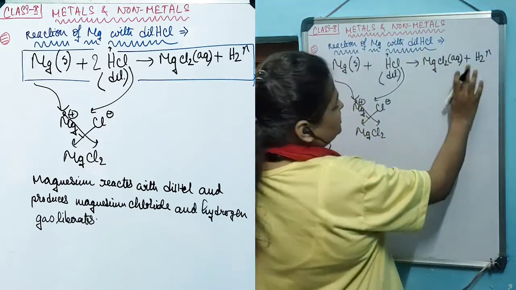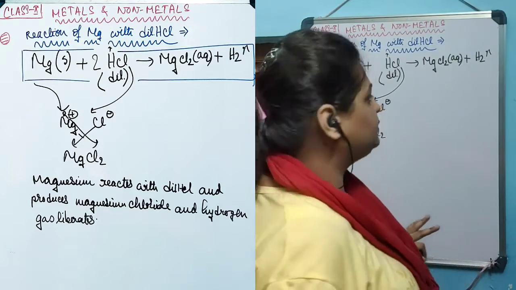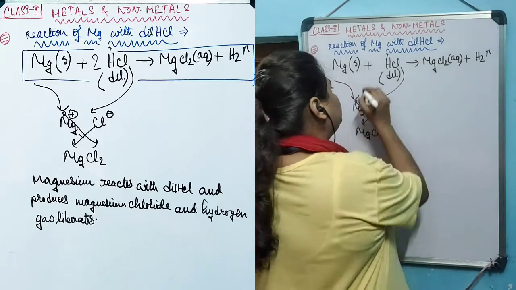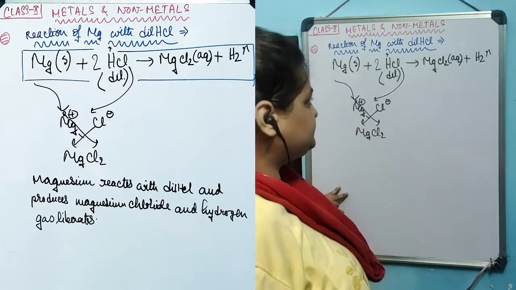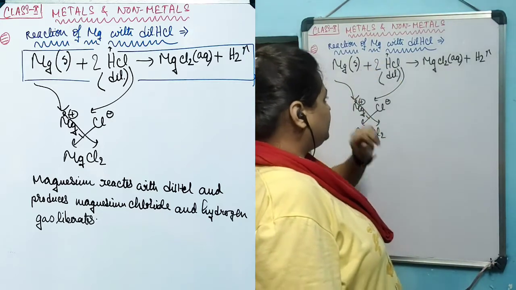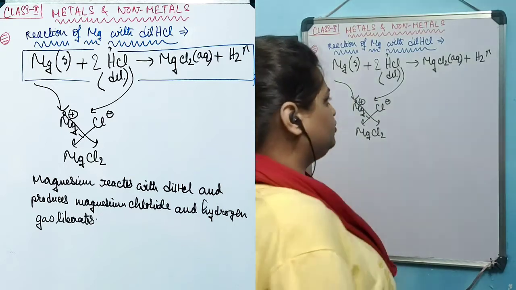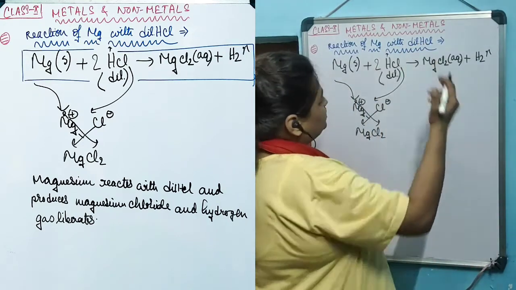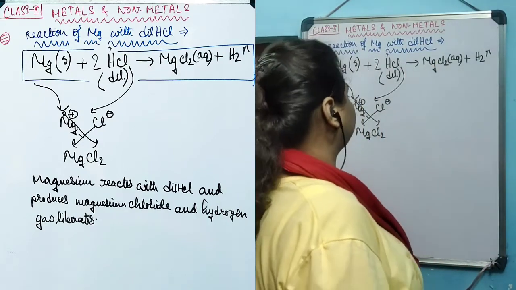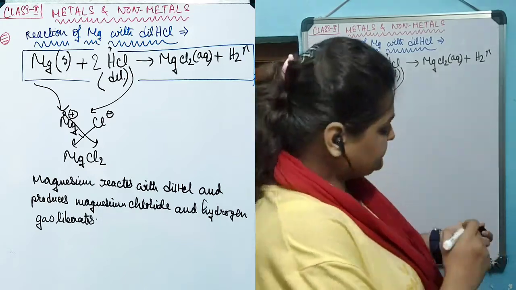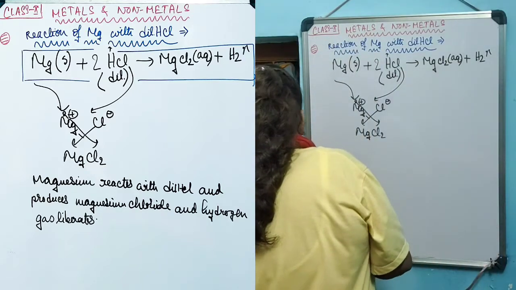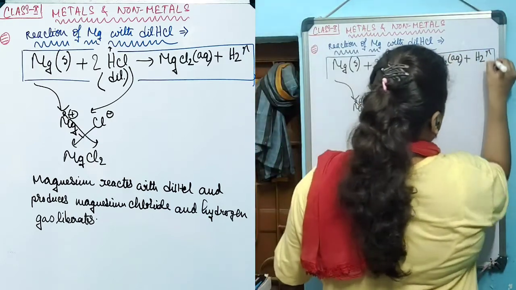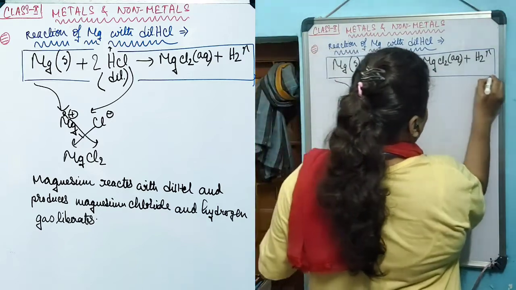Now hydrogen gas liberates with 2 atoms of hydrogen. On the left hand side only 1 atom is present. So to balance both sides, we are going to multiply 2 with the HCl. Now on the left hand side, the chlorine becomes 2 atoms. On the right hand side, chlorine is already 2 atoms. So automatically the chlorine also balances, and magnesium is present as 1 atom on both sides. So this is our entirely balanced chemical reaction of magnesium reacting with hydrochloric acid.